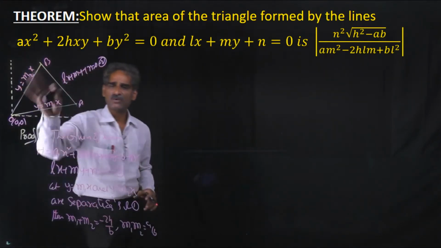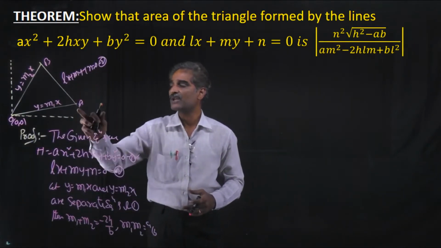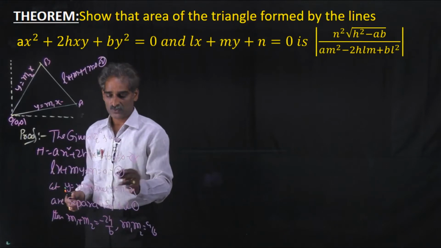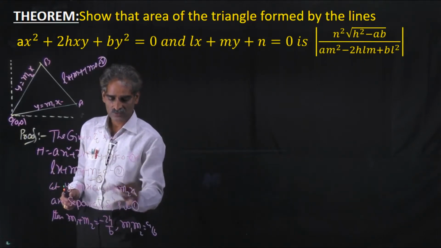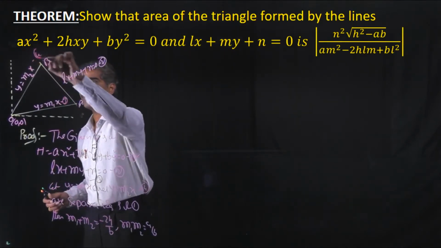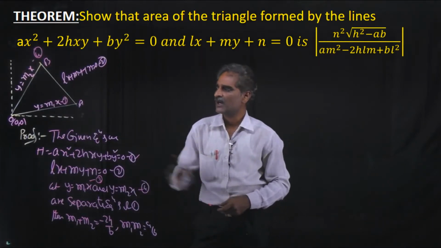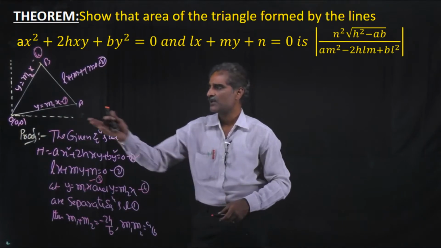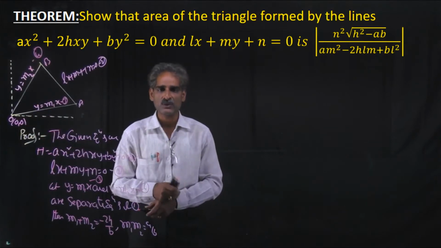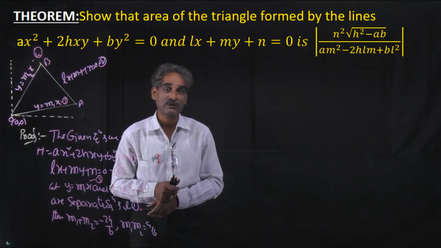Understand? Now here we have three lines, three sides. So find out A and B. How can you get A? This is nothing but intersect point of these two. This is equal to 2. Let us take this is equal to 3. This is equal to 4. Solving 2 and 3 will get A, solving 2 and 4 will get B. Already O is there, 0, 0. If you know 2 points x1, y1, x2, y2 and origin 0, 0, we have a formula for the area of the triangle, that is half of modulus x1 y2 minus x2 y1.